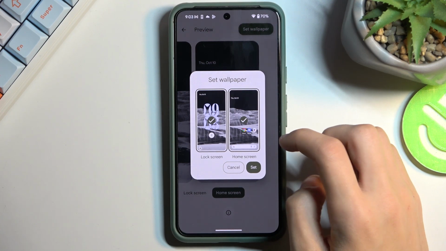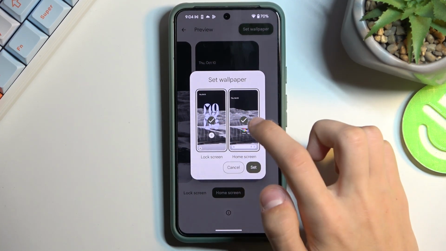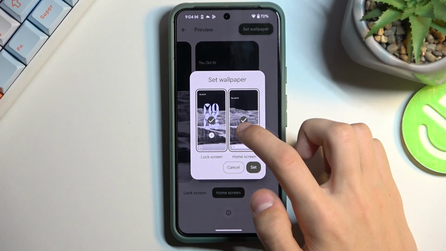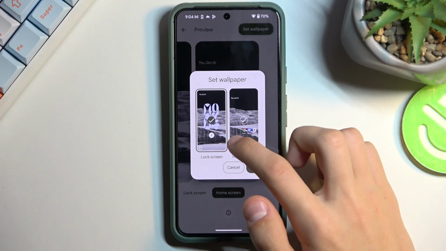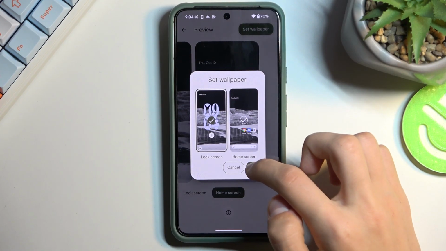And here you have two options. You can either change it only on your home screen, or you can change it on both if you select both of them, or you can change it on your lock screen only. So I'm gonna do lock screen only for now. I'm gonna click set,